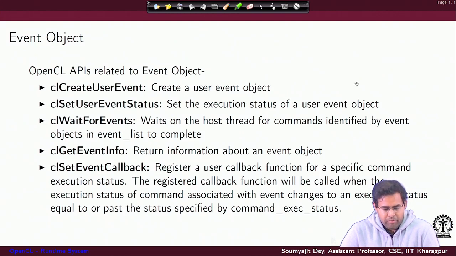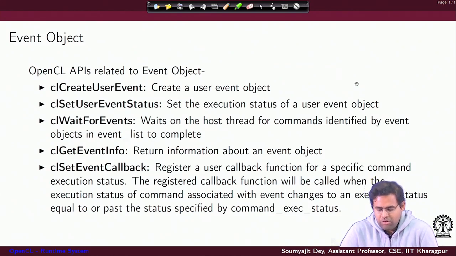Now, CL set event callback is related to registering callback functions for specific command execution status. The usage of callback functions is that they can execute asynchronously. Suppose for a specific command you want to figure out whether it has reached some specific status, whether it is completed or pending, and you want that whenever that happens, some specific callback function will be asynchronously launched on the host side as a separate thread.